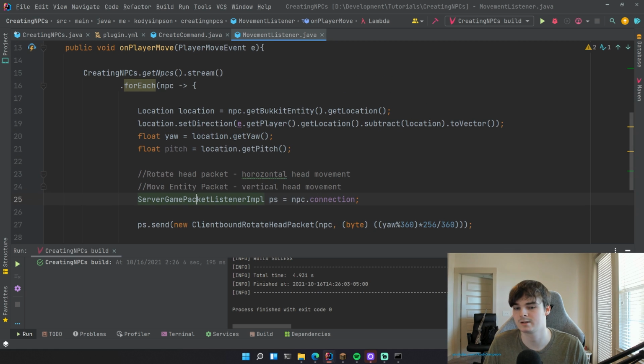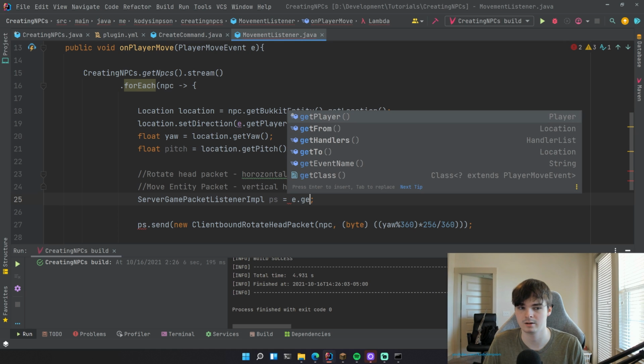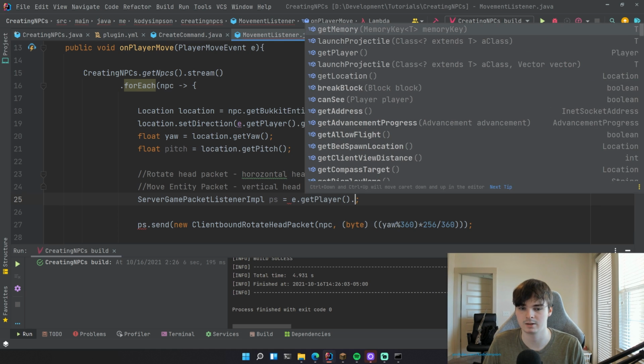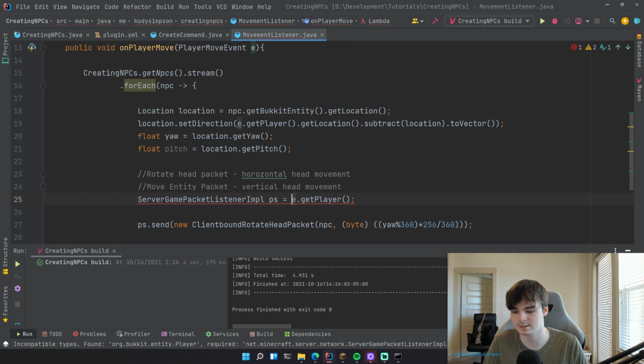So it doesn't make sense to get the NPC connection, right? We want to get the connection of the player that we're trying to make see the NPC look at them. Does that make sense? We're trying to get the connection object of the player that moved, right? The player on the server, not the NPC. So instead of doing NPC.connection, we want to first get the player involved in the event, then get the CraftBukkit representation of that. So we want to cast it